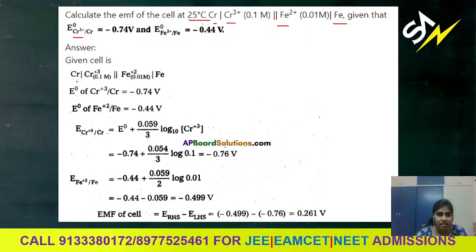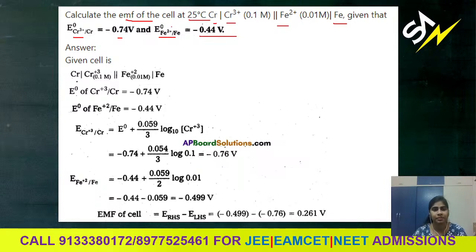These are the electrode potential values for this conversion. The E naught of Cr^3+ to Cr is minus 0.74 volts, and Fe^2+ to Fe is minus 0.44 volts. And you need to calculate